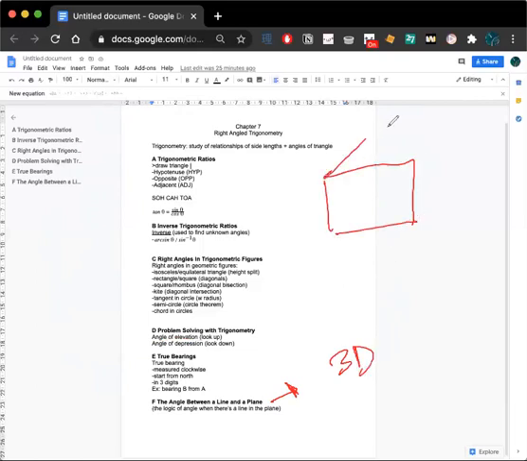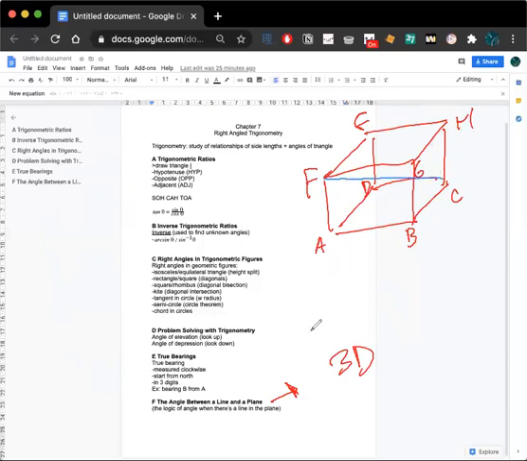For example, if you have something like a cube with points A, B, C, D, E, F, G, H, and you want to look for a line in here, and they ask you for the angle of line FC when the plane is ABCD,